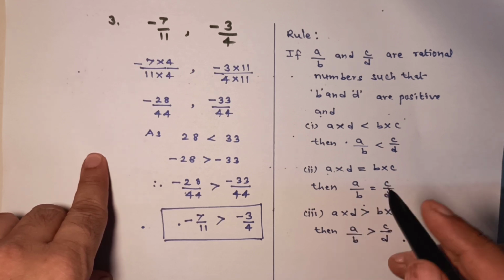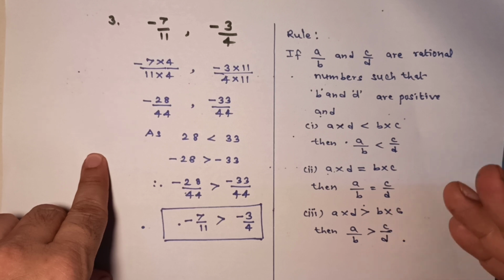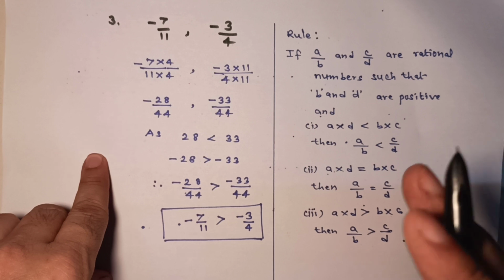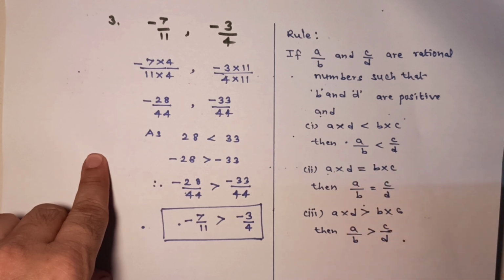So dear students, recall what all the things we have done. We have compared two positive numbers, a positive number and 0, a negative number and 0, one positive and one negative number, and two negative numbers. After that we took two cases, two types. First type, we compared two numbers having equal denominators, whereas in the second case we compared two numbers having unequal denominators.